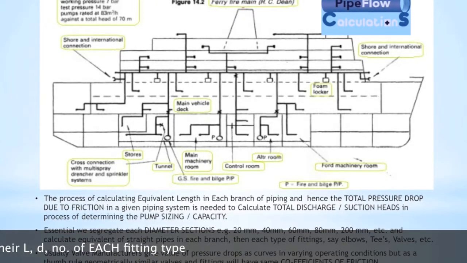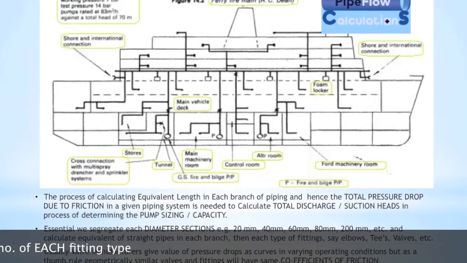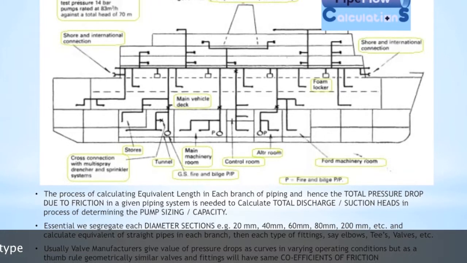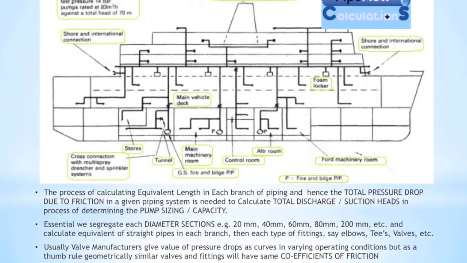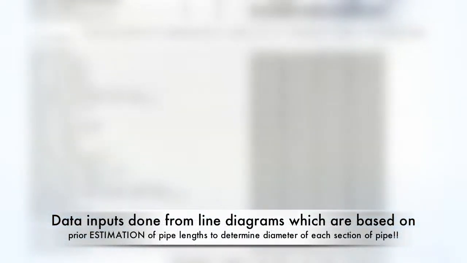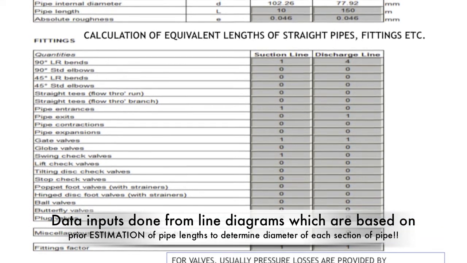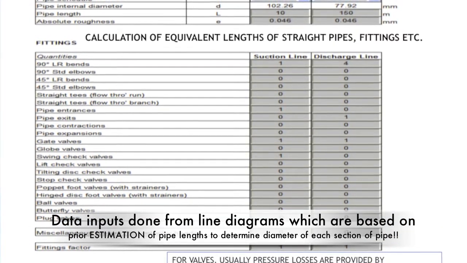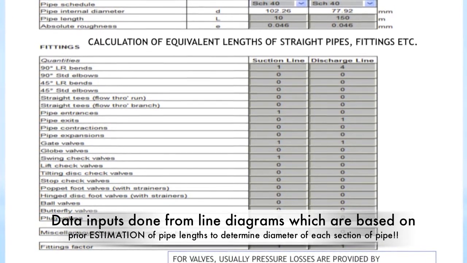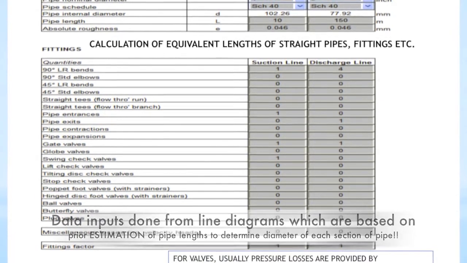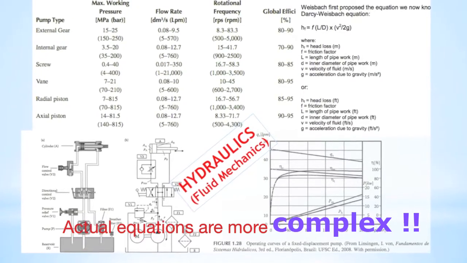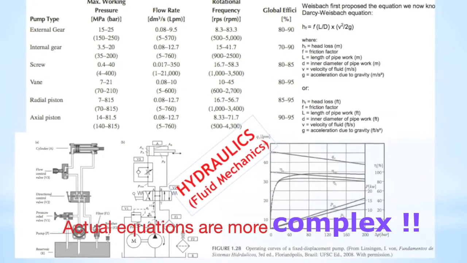Basically, we segregate each of the diameter sections. Let us say we have got 20 millimeter. The lower diameters will be further away, maybe on the poop deck or on the forward and the aft of the ship where the hydrant is going. And the bigger pipes, let us say 200 millimeters or even more, are going to be closer to the pump, depending on the size of the ship and the capacity of the pump. Now, in the Excel sheet, the complete piping is mapped out in terms of its L by D and this equivalent length. And once we have the equivalent length, plugging it into these equations, we get the total frictional loss. And this is the most simplistic way of explaining this.